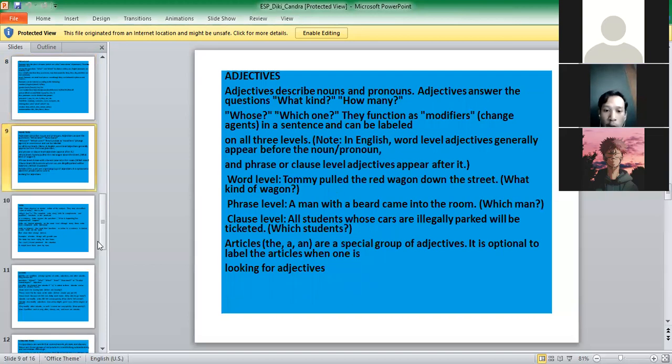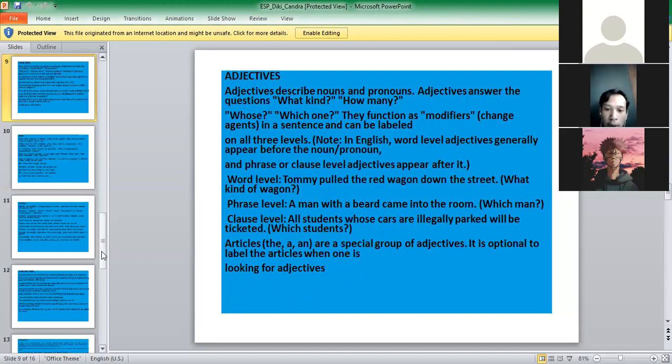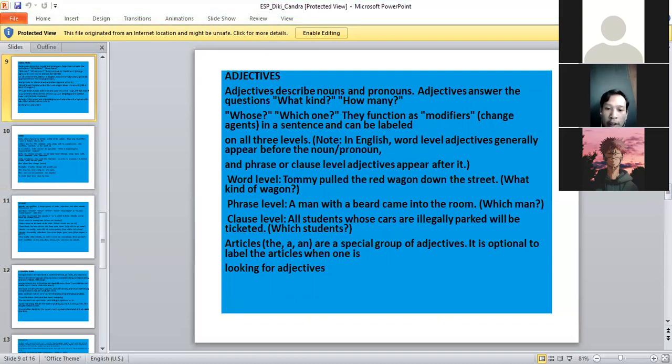Adjectives describe nouns and pronouns. Adjectives answer the questions what kind, how many, whose, which one, and they function as modifiers, change agents in a sentence, and can be labeled on all three levels. English word-level adjectives generally appear before the noun or pronoun, and phrase or clause-level adjectives appear after it. And then